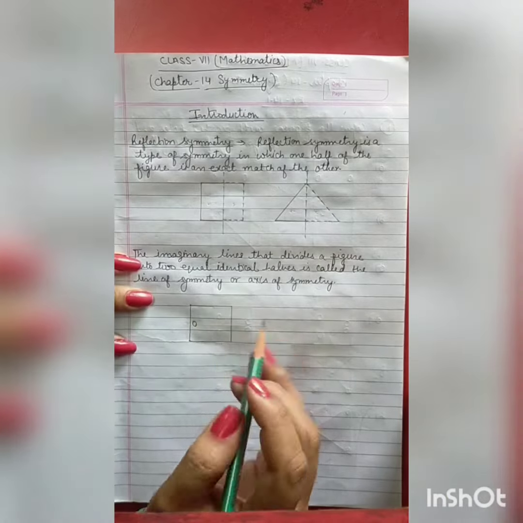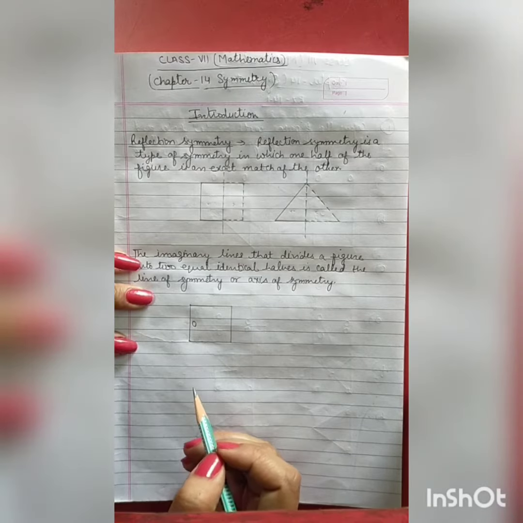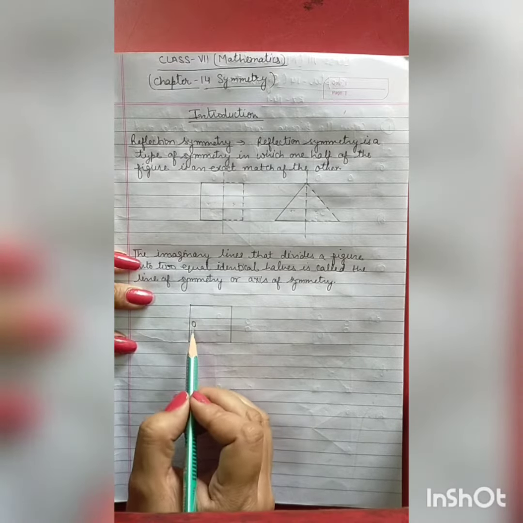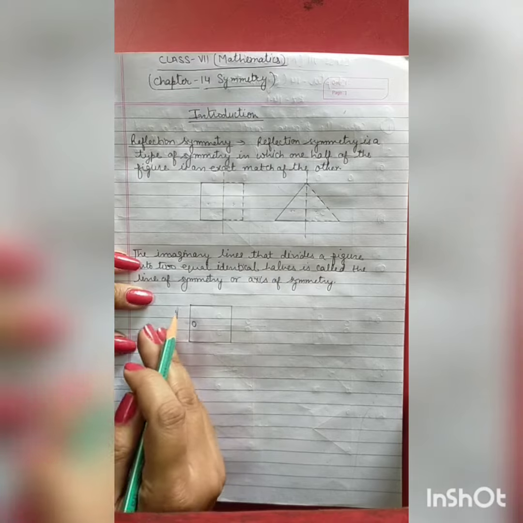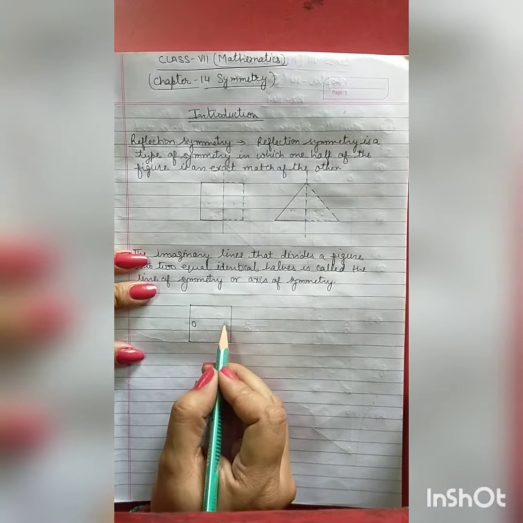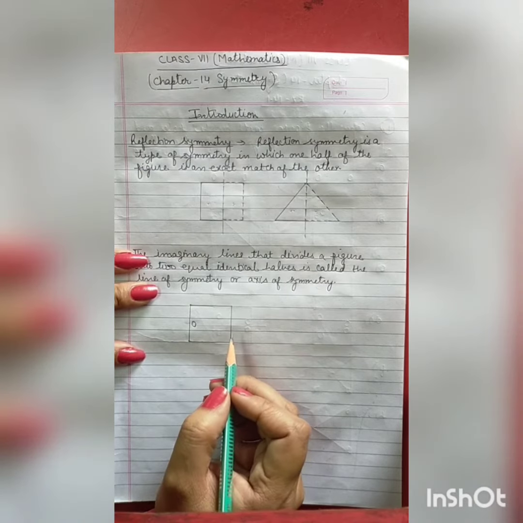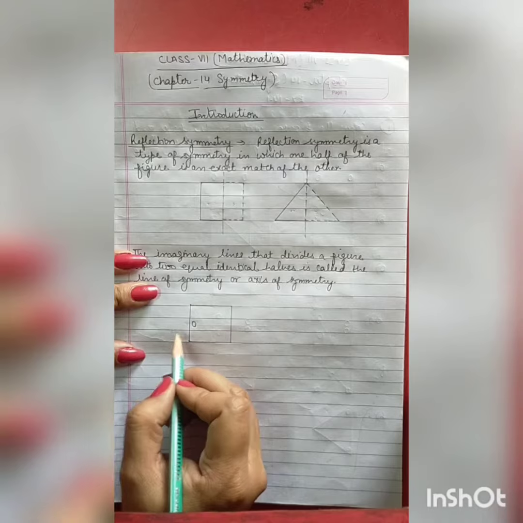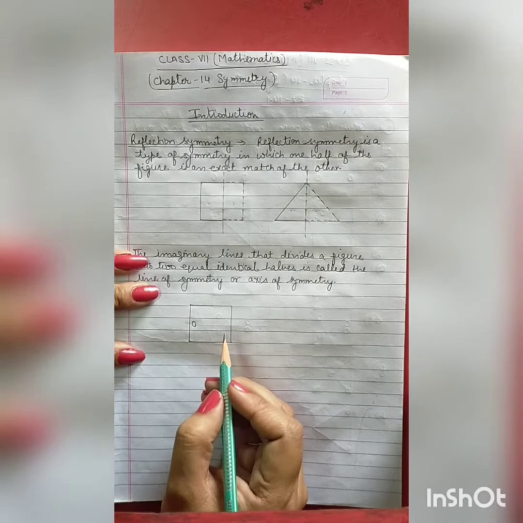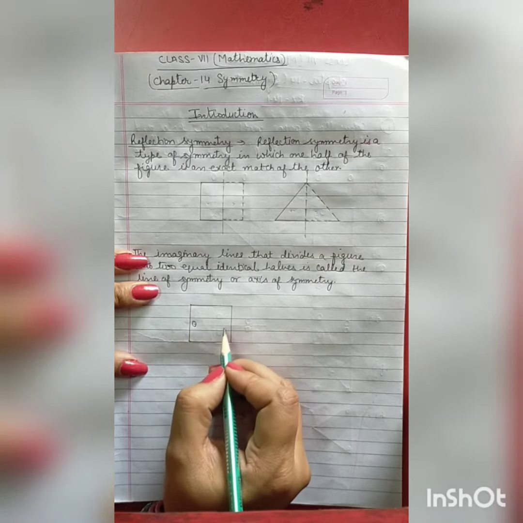See here, let's suppose this one diagram is given to us and they are asking to find the line of symmetry. Here you can see in this diagram, this one hole is here. If I fold this from this side to this side, you can see it is not having any other hole on this side. So what will happen is that it is not having a symmetry line, meaning this one line will not be its symmetrical line. So what we'll do here, because I want that this half, this one circle, should be the same here.